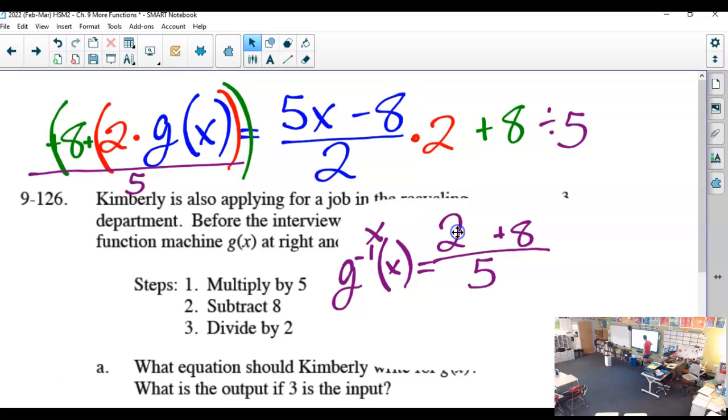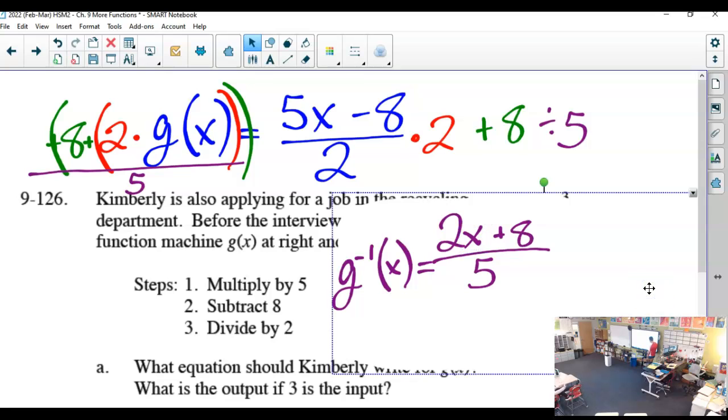So you take x and then you multiply, and you take the opposite. So you take x and then you multiply by 2 and then add 8. And then output divide by 5. So you mean you did what they did, but you did the inverse operations and in the inverse order. Yeah. It's the same thing, but you can just skip the original statement.